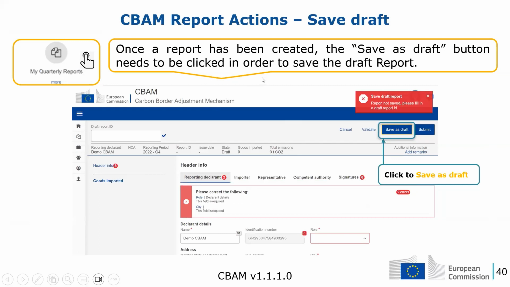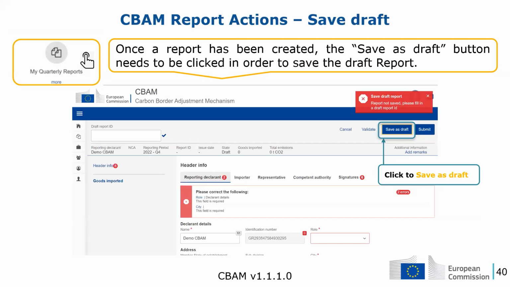Let's discuss a bit about the actions in accordance with the state transition diagram of the CBAM report. Once a report has been created, the Save as Draft button needs to be clicked in order to save the header of the report.